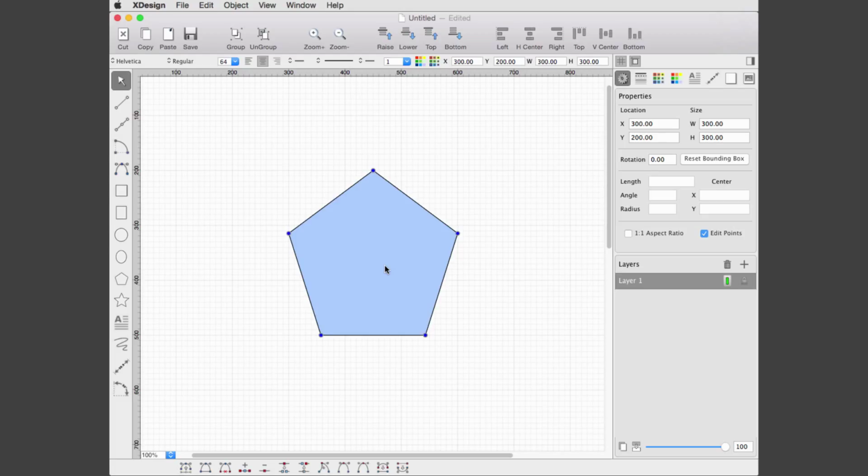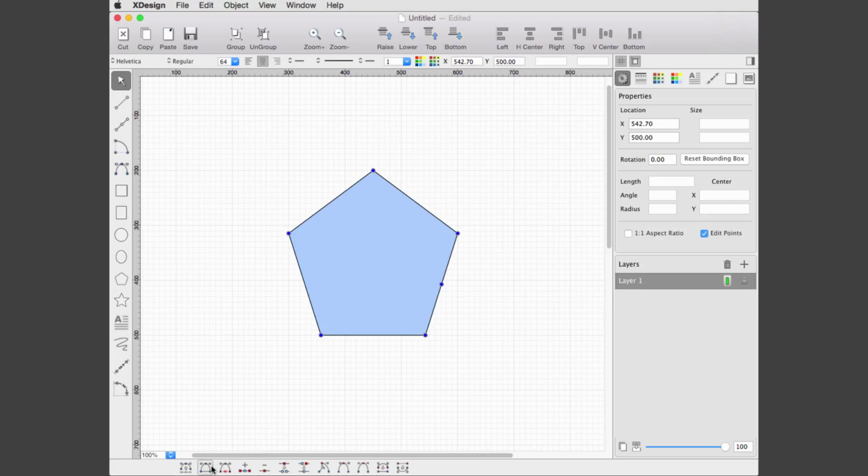When you are in part editing mode for a shape, the part editing tools are available at the bottom of the screen. Points can be added in between a selected segment. You can remove any selected point as well. Open multi-line shapes and open parts can be closed using the close button.